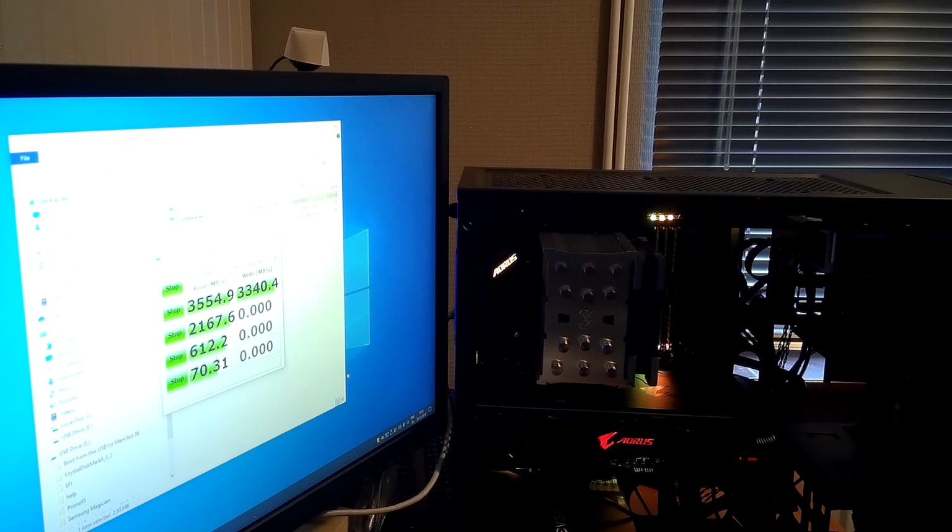Those are incredible write speeds also. Very quick, very responsive. This one is even writing faster than the reading for the second level.